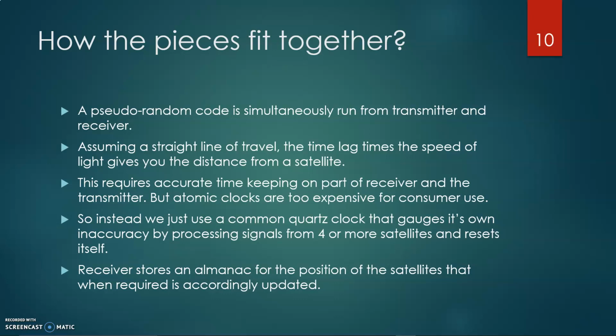Since the receiver makes all the distance measurements using its own built-in clock, the distances will all probably be incorrect. The receiver can easily calculate the necessary adjustments that will cause the four spheres to intersect at one point. Based on this, it resets its clock to be in sync with the satellite's atomic clock. The receiver does this constantly whenever it's on, which means it's nearly as accurate as the expensive atomic clock in